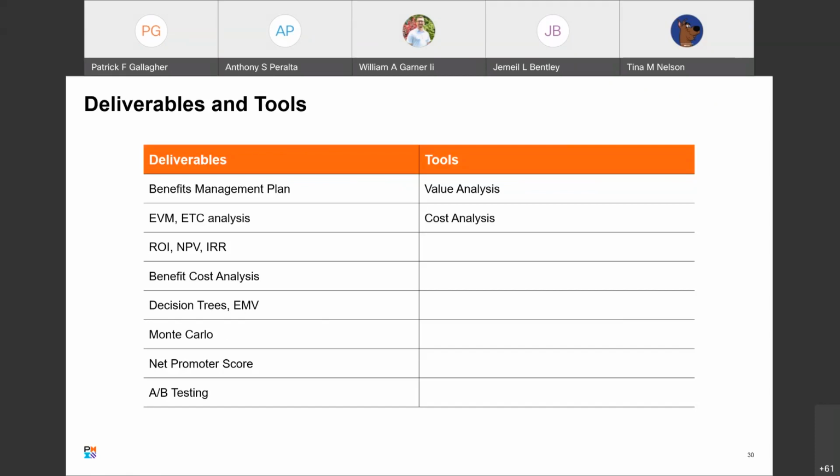It was an interesting perspective. I've never heard anybody say that, because at AT&T, I guess a lot of companies really depend on this, and so we'll go over that as well. We've got A/B testing. We're going to assume that the Net Promoter Score is a value add, by the way. There are multiple opinions on most of the things here. So A/B testing, tools, value analysis, cost analysis.